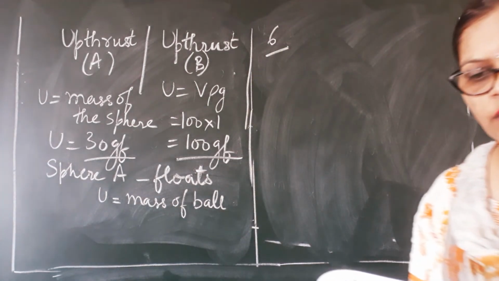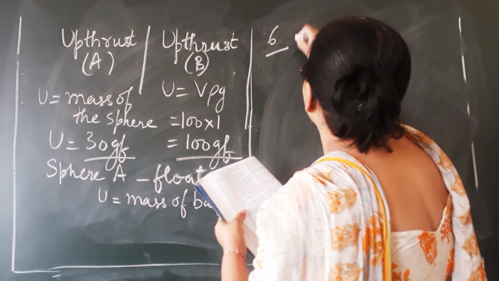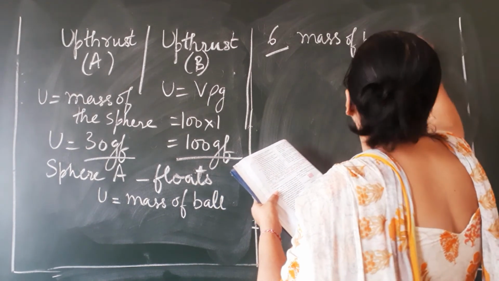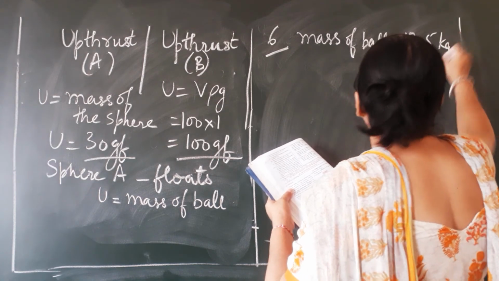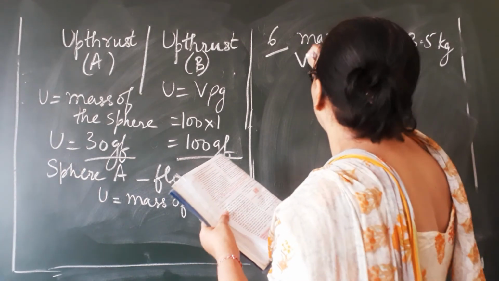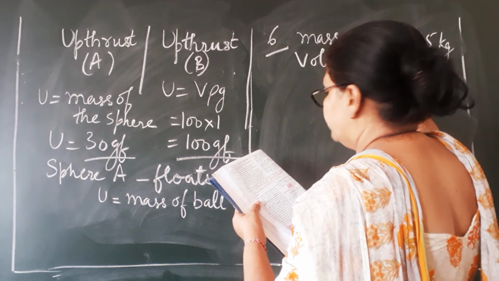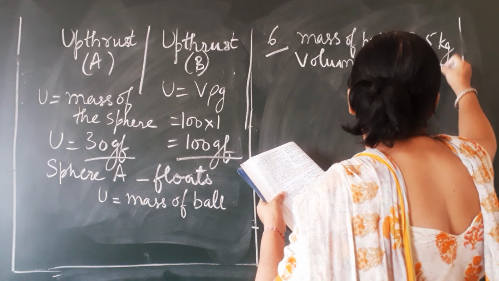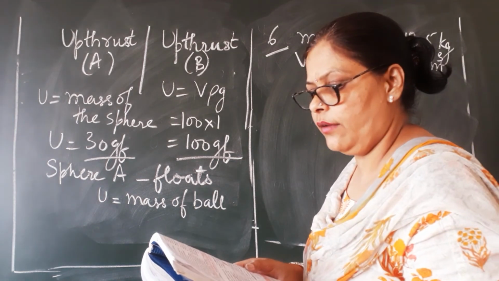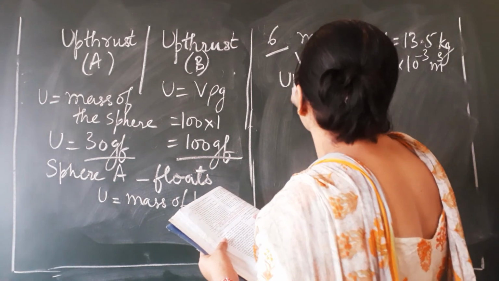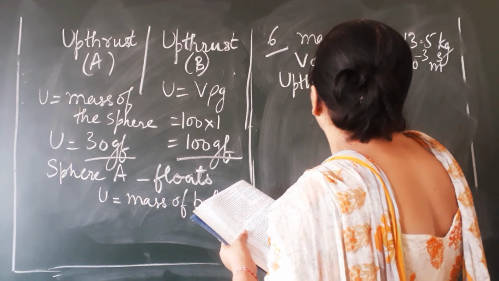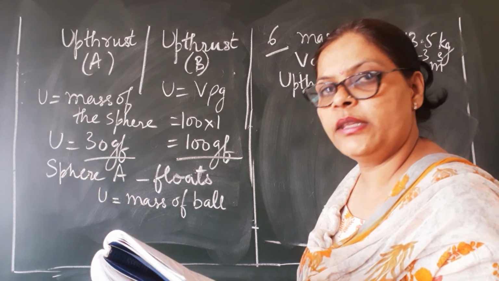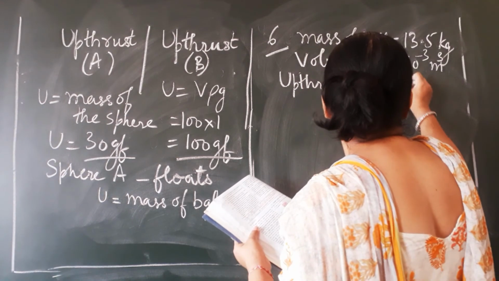Okay, I'll read out the mass of the bob. The mass of the bob is given to be 13.5 kg. Okay, this is the mass of the bob, and the volume of the bob is also given. It is 15 into 10 to the power minus 3 cubic meters. Okay, so these two values are given. We are supposed to calculate the upthrust. Okay, fine. We'll take one by one. We are supposed to find out the upthrust, and they have told us to take the density of water to be 1000. So naturally V rho G is the formula, simple as that.